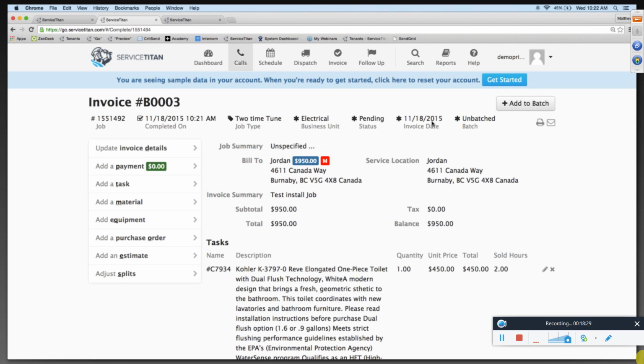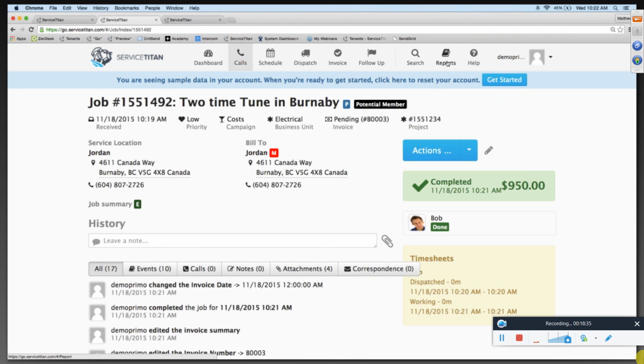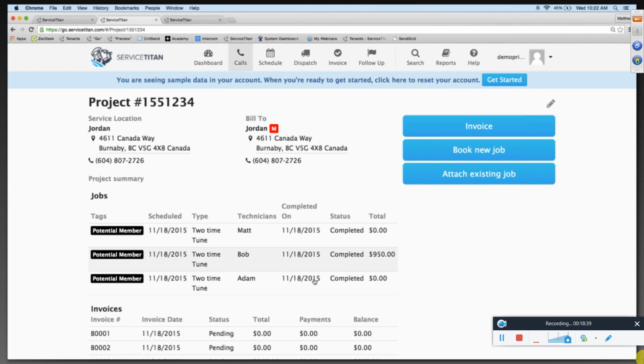And finally, what we're going to want to do is go into the reporting page, but prior to that, let's again check the project page and make sure everything is intact with one another. So we see that all three stages of the job have indeed been completed, and this is important to know